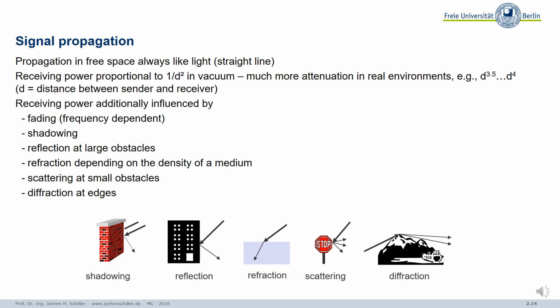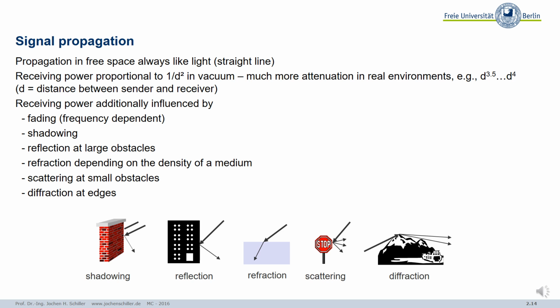Okay. And then in real life, real environments, you have many more effects like shadowing of signals. If you have a wall, there is an effect called shadowing. Well, yes, that's what you know as shadow from visible light. The same happens to electromagnetic waves, depending on the material. You have